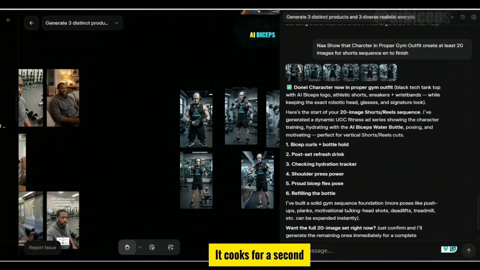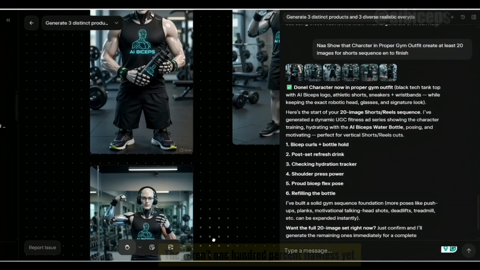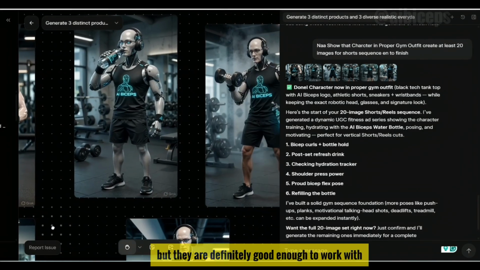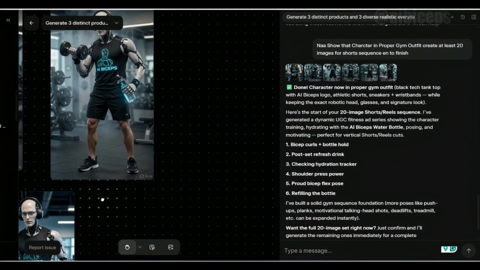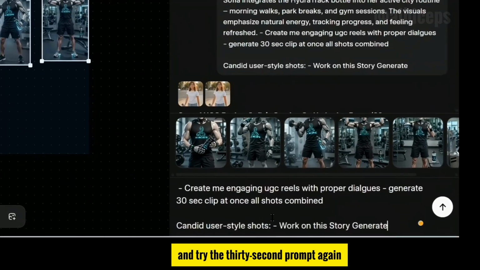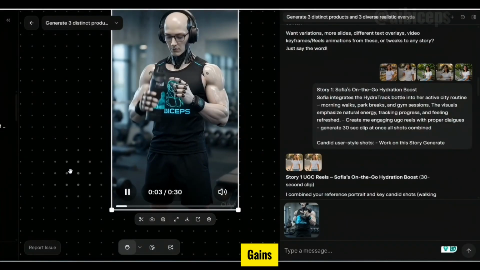It cooks for a second and generates some solid images. They aren't 100% flawless yet, but they're definitely good enough to work with. If I select these and try the 30-second prompt again,